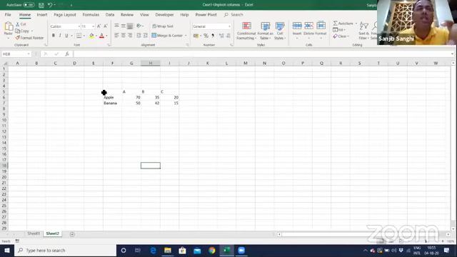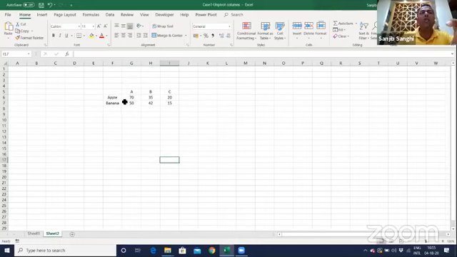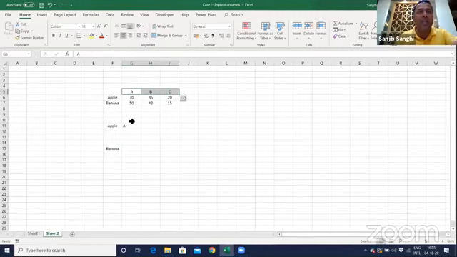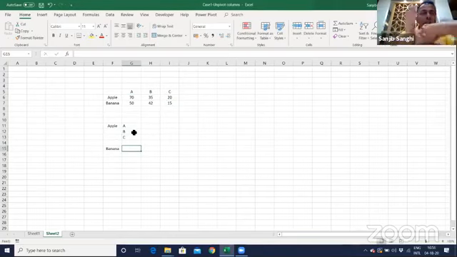Now this data, if you want to do a pivot table, it's not going to work. Why? Because you have multiple columns. Let me tell you what I'm trying to say. You want to know something like apple and banana. You want a data something like this. Now apple with A, B, and C, and banana with A, B, and C. Many combinations. And then you want to copy this down.